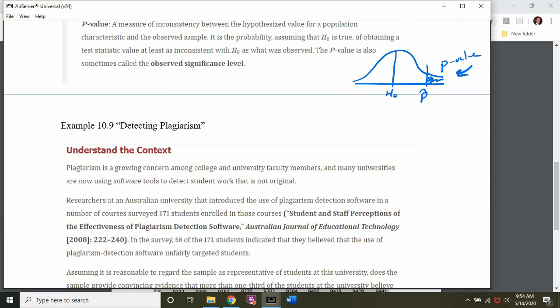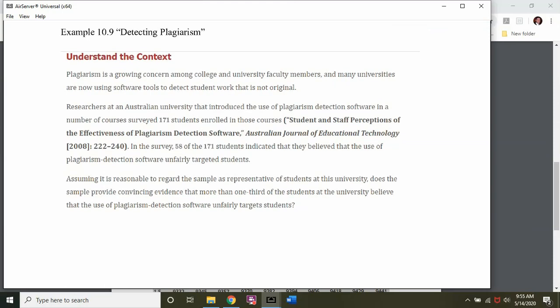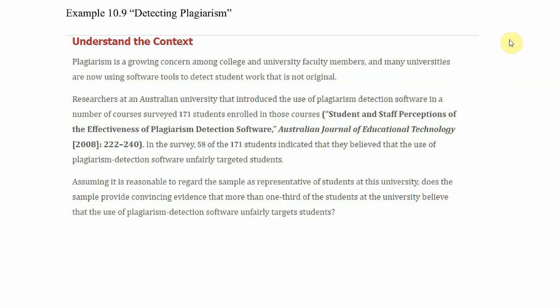All right, let's run through a couple more problems, see how this works. Detecting plagiarism. Plagiarism is a growing concern among college and university faculty members, and many universities are now using software tools to detect student work that is not original. Researchers at an Australian university that introduced the use of plagiarism detection software in a number of courses surveyed 171 students enrolled in those courses. In the survey, 58 of 171 indicated they believe that the use of plagiarism detection software